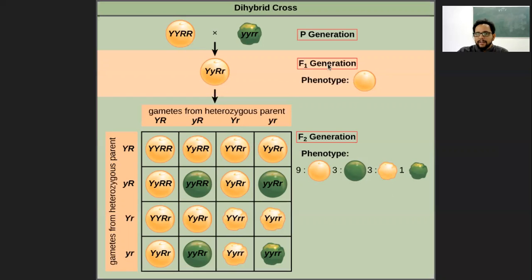Not really. So instead, let's say for capital Y, we have capital Y1, 2, 3, 4, 5. All capital Y1, capital Y2, capital Y3, and so on. And for small y1, which is the other copy, will be coming from the other set of parents. So it will be again small y1, small y2, small y3, small y5, right? So this capital Y1 and capital Y2 and the same capital series cannot get separated, but capital Y can get separated from the small y. That is what is independent assortment.